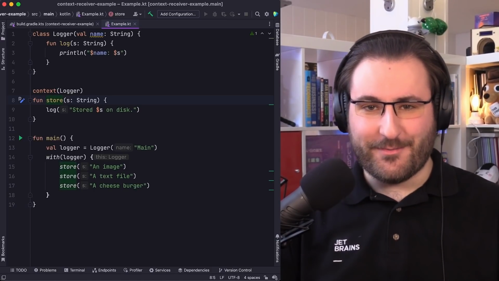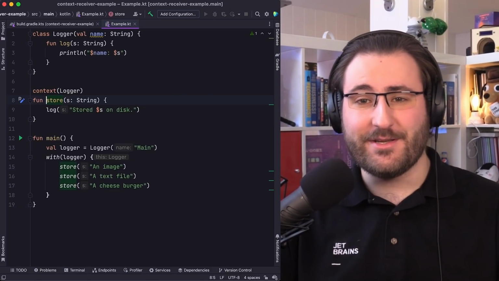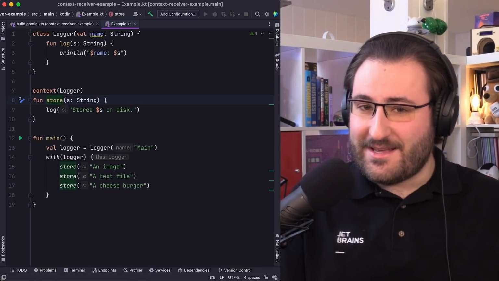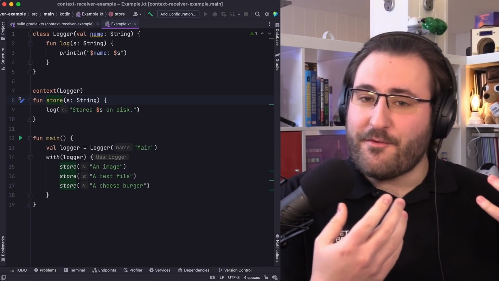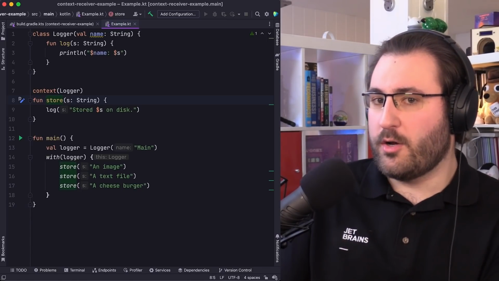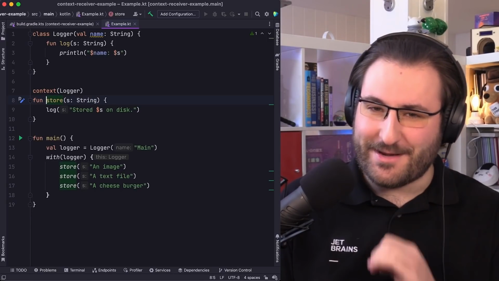And isn't that already quite the improvement? Our function has returned back to being a top-level function, and the signature now expresses something different than before. It now says, I can be called wherever a logger is present. Hear how that's different from you can call me on a logger? We've just used context receivers to make our code more expressive.